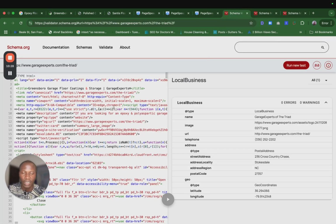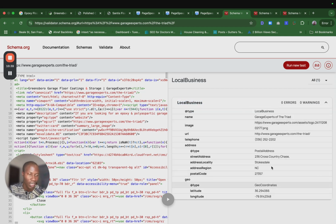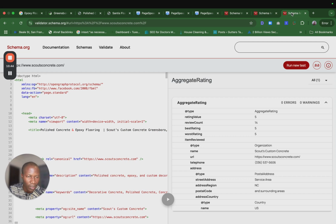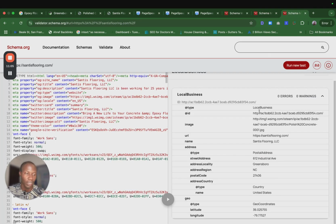And I've quickly checked the schema prior to this video. As you can see, Garage Expert is implementing this schema here, telling Google that this is a local business and highlighting their address, and so on and so forth. The same thing with the second competitor, Scout Concrete. In place of a local business, they use an organization, but it's actually better to use a local business instead of an organization because it tells Google exactly what your page is all about. And the last one, Santa's Flooring, they have it as local